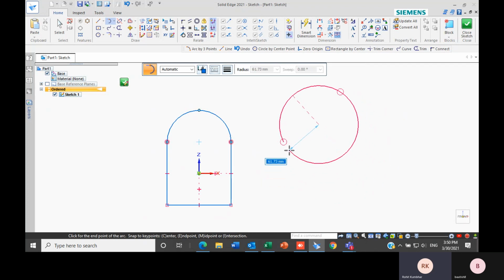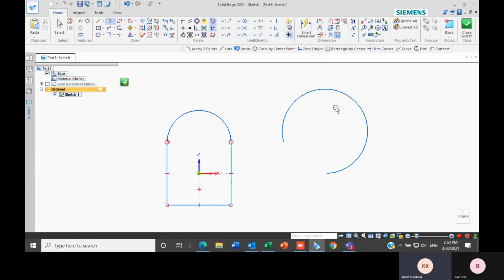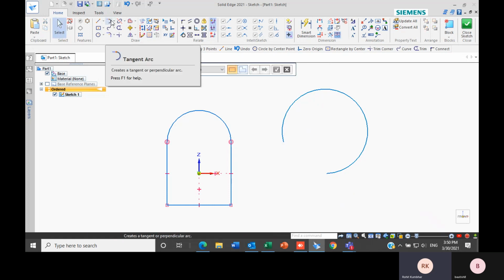I can even create as many degrees of sweep for the tangent arc as I want. Let's say I want this, and if I select this one, as you can see, the radius of that tangent arc is 66.9, and the sweep for it is 282.19 degrees. So this one is about tangent arc.